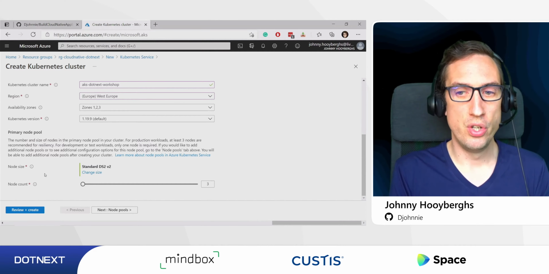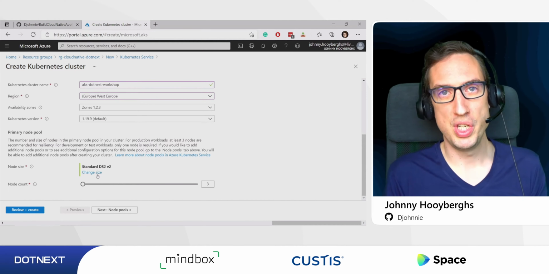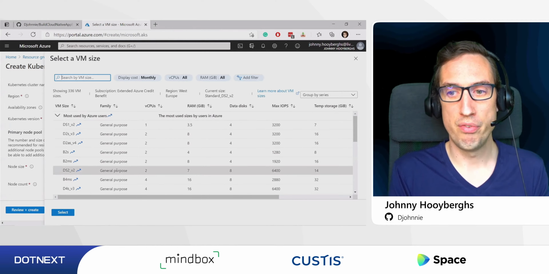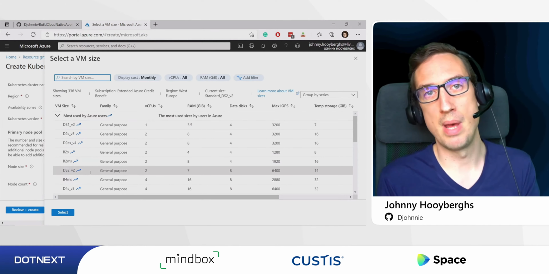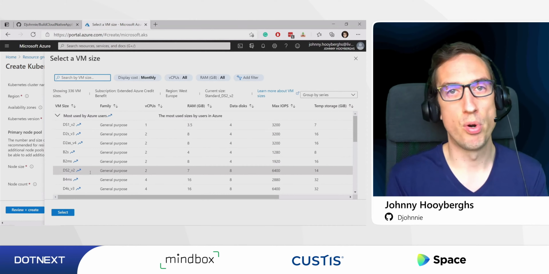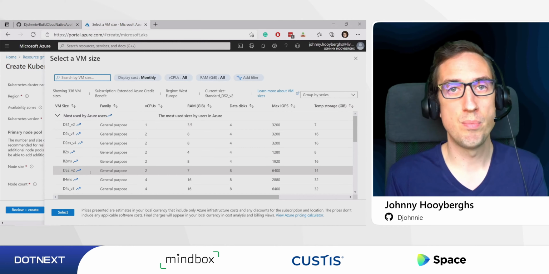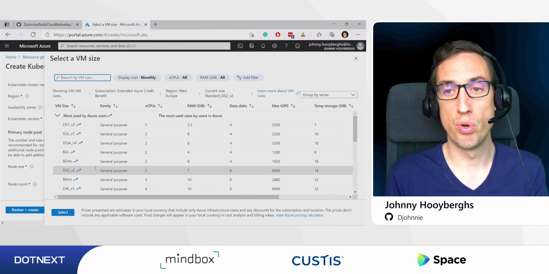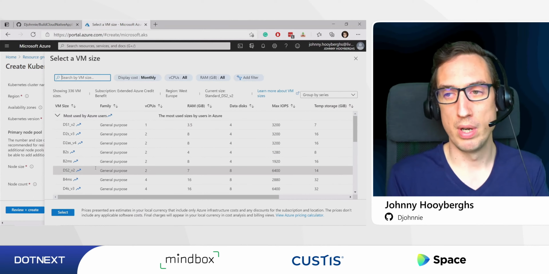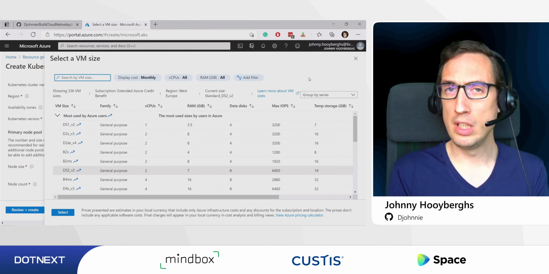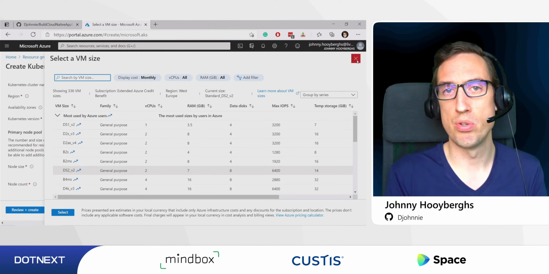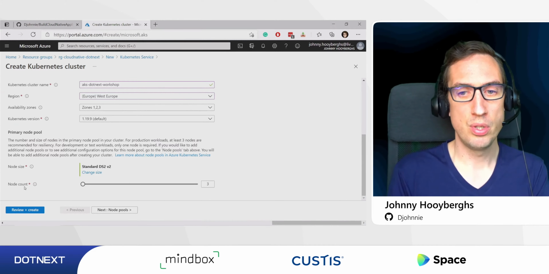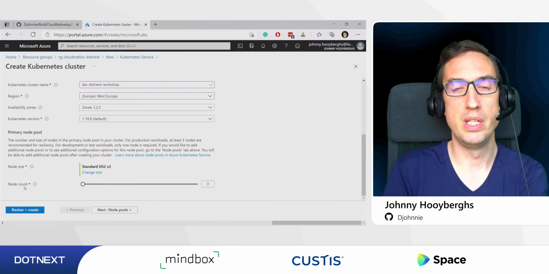So what does this mean? The node size is the kind of virtual machine you want to use. So in Azure, you can change the size of your virtual machine, and there's many offers. There's different kinds of virtual machines. Some have more memory, some have more CPU, some have more disk space. Some will cost more, some will cost less. So you need to make your decision based on how much money do you want to spend, and of course, how much resources do you need to host your entire application. I will talk a little bit more about resource usage and resource limiting, but for now, I'm just going to leave the default. The node count will be the number of virtual machines that are going to be used to